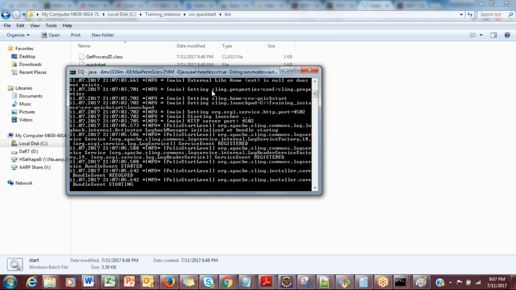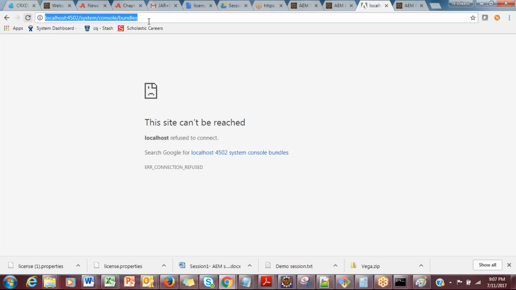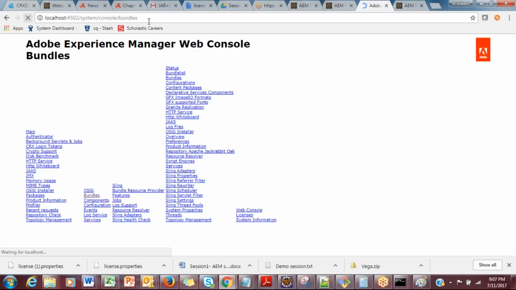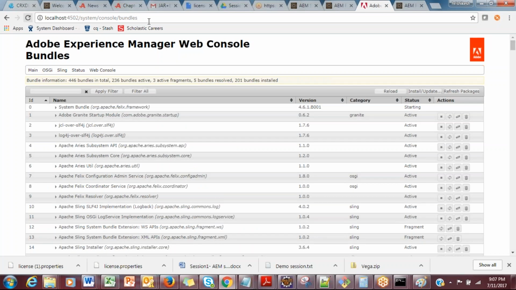Okay, now let's go and validate my system console. How to troubleshoot something? Go ahead and look at the system console bundles. Okay, now see here 3 active fragments. Somebody asked me fragment states, what is that? So if you see, initially it has 3 fragments. So fragment is a portion of a bundle which has dependencies with another bundle. Now if I refresh again,